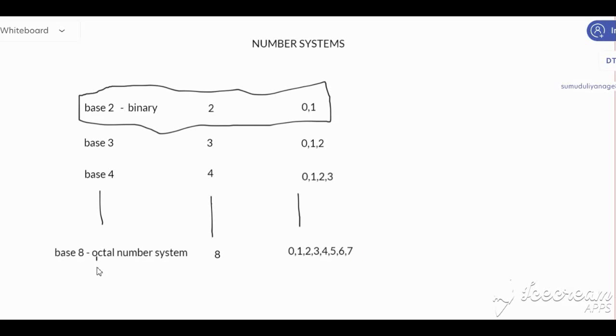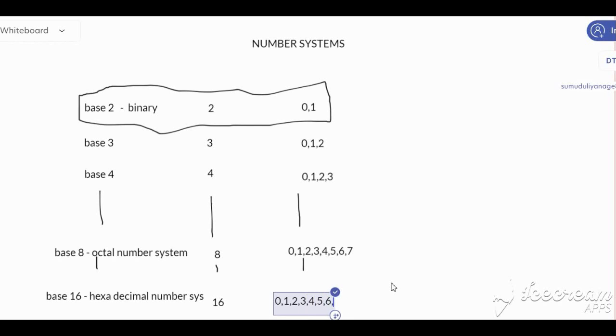And the other number system is, any guesses? The number system is base 16, the hexadecimal number system, right? The next important number system is base 16. We also call it the hexadecimal number system. In there you can have 16 numbers to represent a number, and you may think, what are the numbers we can use to represent these hexadecimal numbers? Actually you have 0, 1, 2, 3, 4,